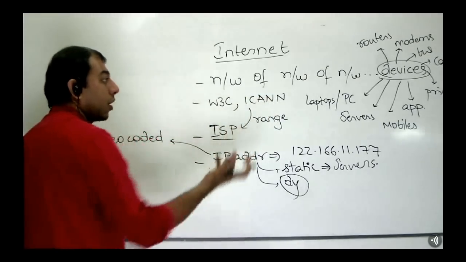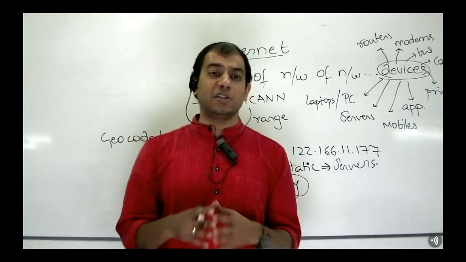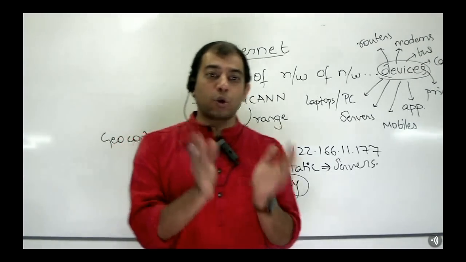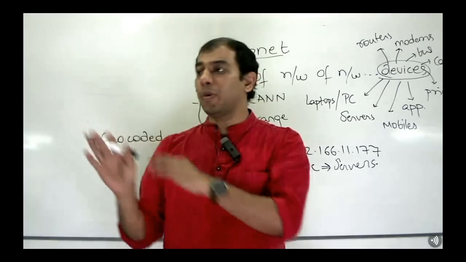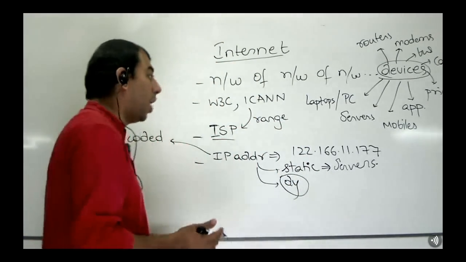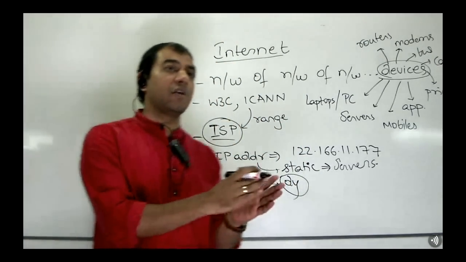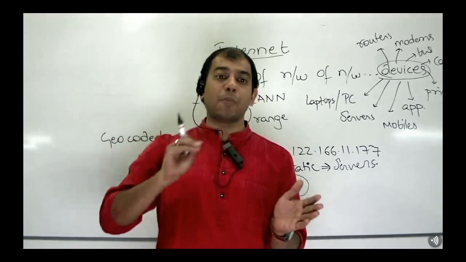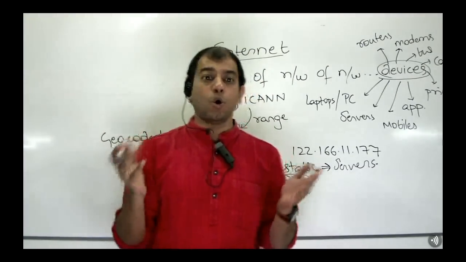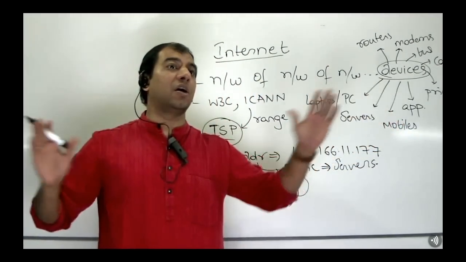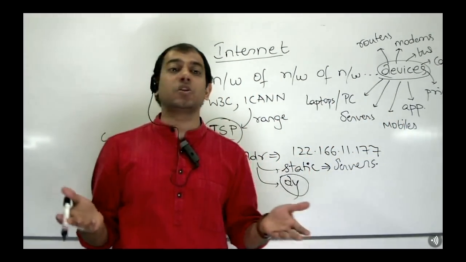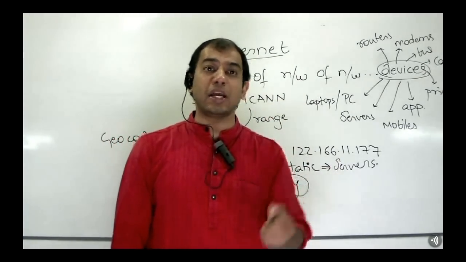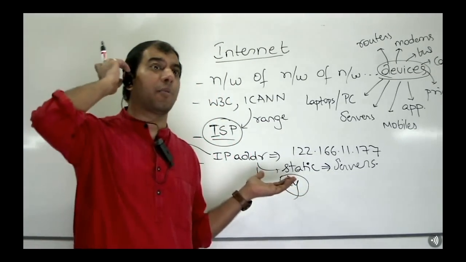So what does this organization that governs these ISPs do? They create bouquets or ranges of IP addresses which are locale specific and give them to the ISPs. Which means what? Each ISP is already given a range of IP addresses. So when a device tries to connect to the internet via it, it will simply pick one from this range and give it. Overall, across all the ISPs, the ranges are not overlapping, which is the only reason why all the IP addresses of the participating devices are unique. Does that make sense?